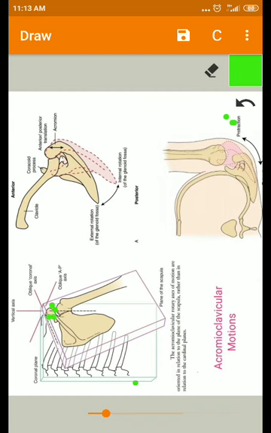Okay. So how can you appreciate this internal and external rotation of the scapula in relation to the clavicle? This internal and external rotation at the acromioclavicular joint